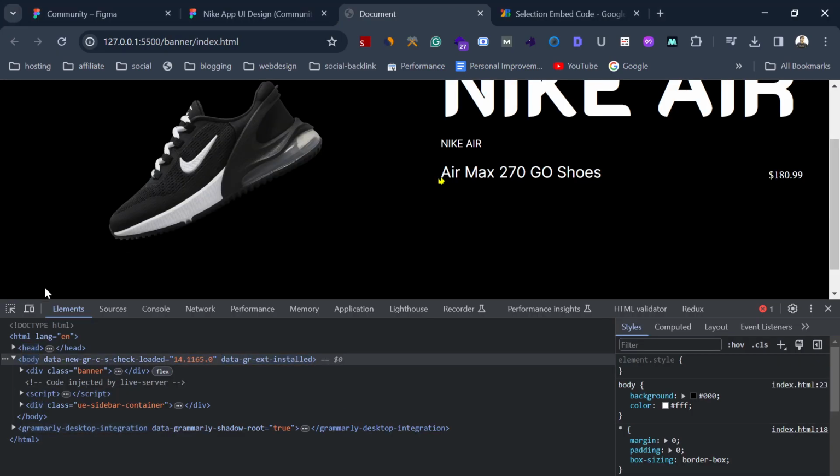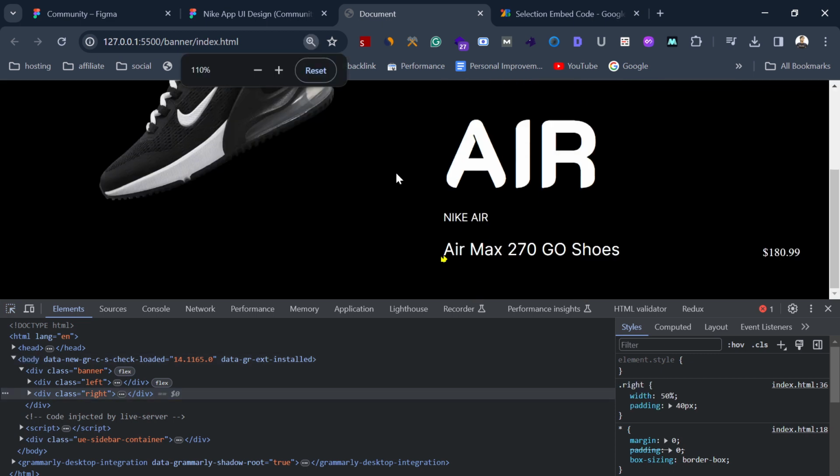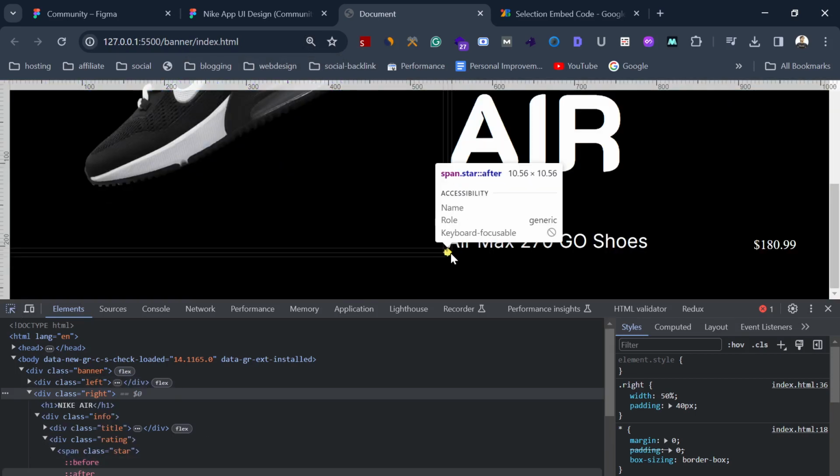So we will check here, it's coming like this. If I zoom this, so now